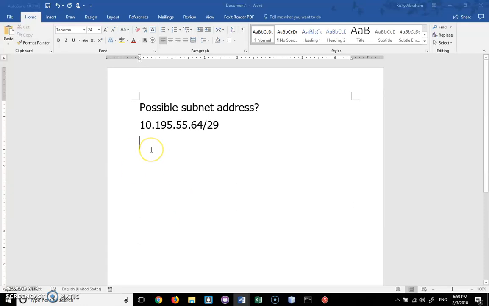Hello. So we're trying to explain the possible subnet address. We were provided an IP address and a mask number, and we can convert it to decimal, which is 255.255.255.248, I believe. And then if we convert to binary, it would be